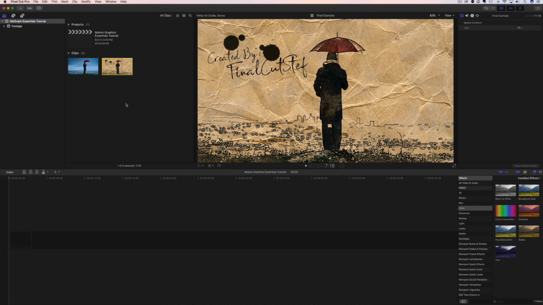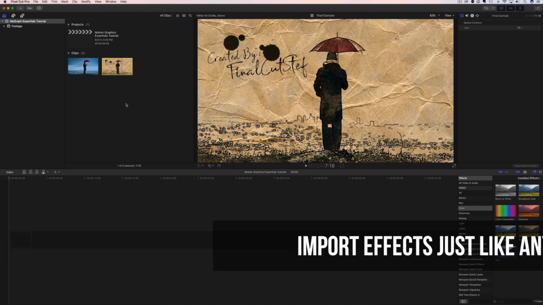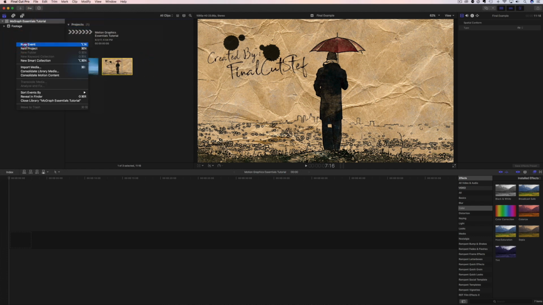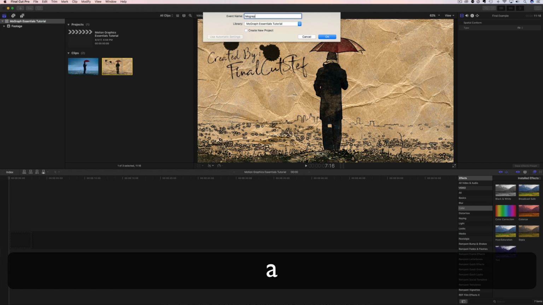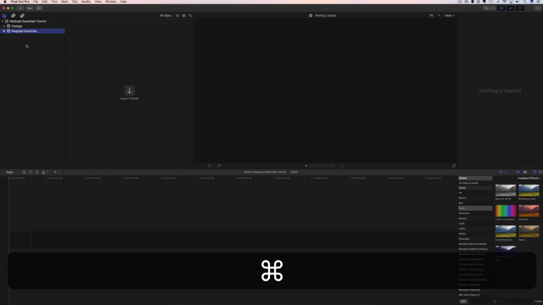So let's go ahead and start with the importing, and importing is super easy. Again, like I mentioned, we import these just like any other video footage. And we all know there's a couple different ways to import. You can choose whichever suits your needs. So you can come up here to File, go to Import, to Media, which will bring up a dialog box, or you can create a new event. I'm just going to call this MoGraph Essentials, say OK,